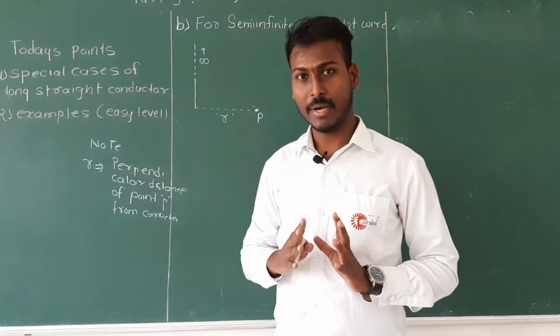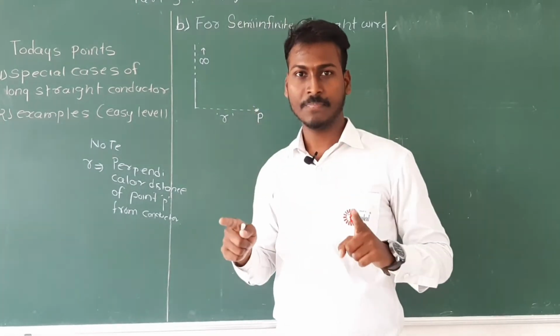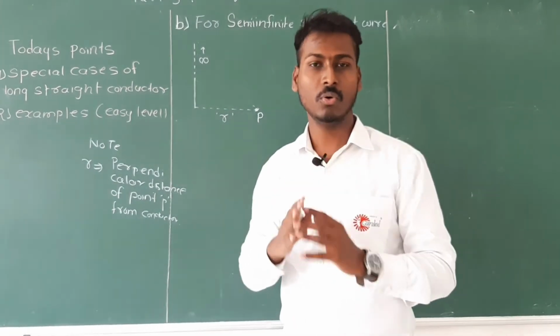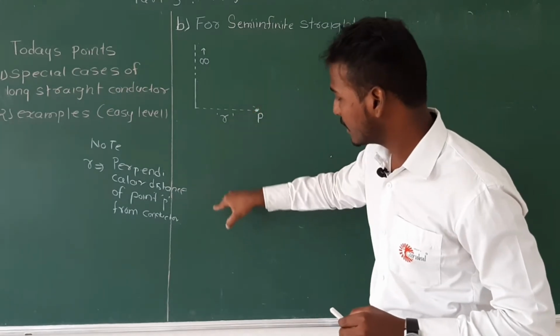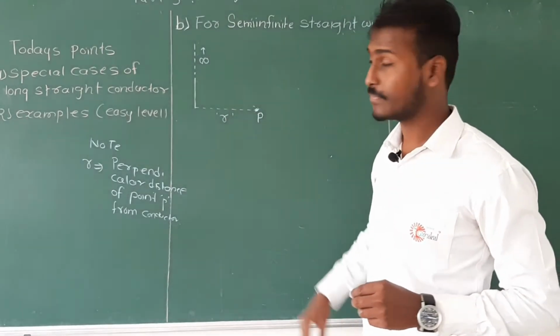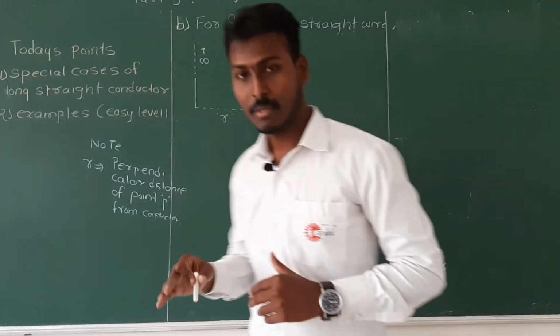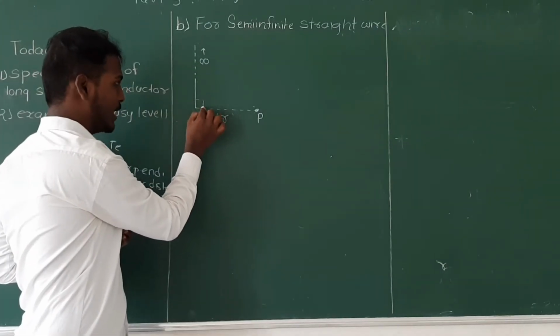So the first important point: the original case we saw without any special case, that diagram is the standard diagram for you. You have to remember it by heart. You should know where is theta 1. You know that this angle we took theta 1, here theta 2, this angle alpha, this angle beta, and the other one was pi minus beta. Here you can see that we don't have any downward part, but our conductor's length is started from here. So you know that this angle will be alpha, and it is going to the infinity.